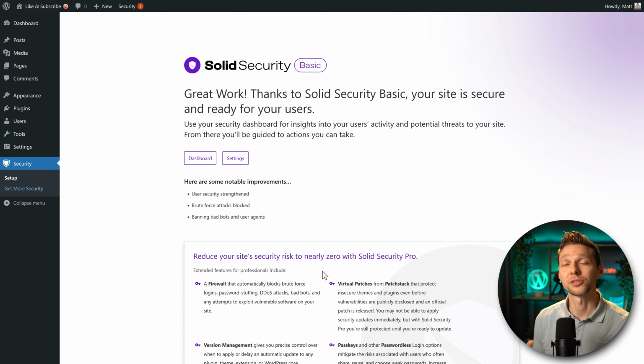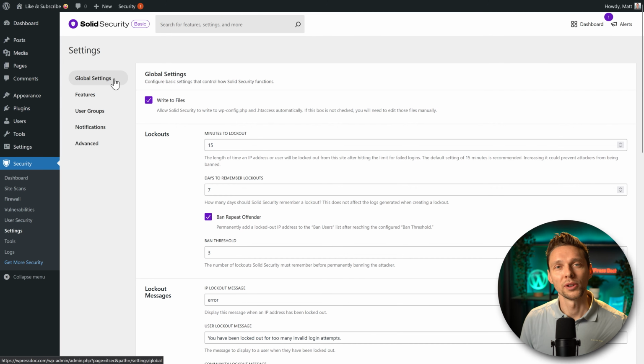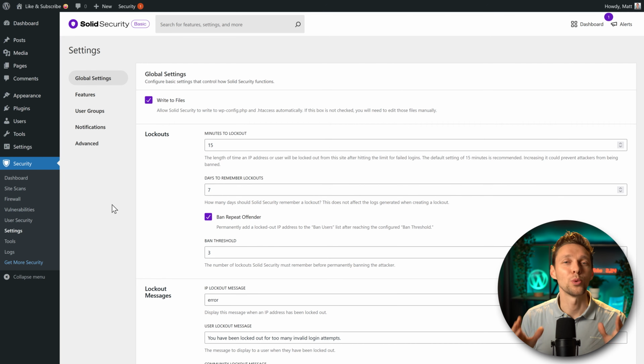Now we're going to set up the security for our entire website. Go over here to Settings. And then we are at the global settings. I'm going to walk you through all these settings over here so your website is really thoroughly secured. After that, we're going to set up the two-factor authentication, and I'm also going to show you what to do when you've locked yourself out and you cannot access your website anymore.